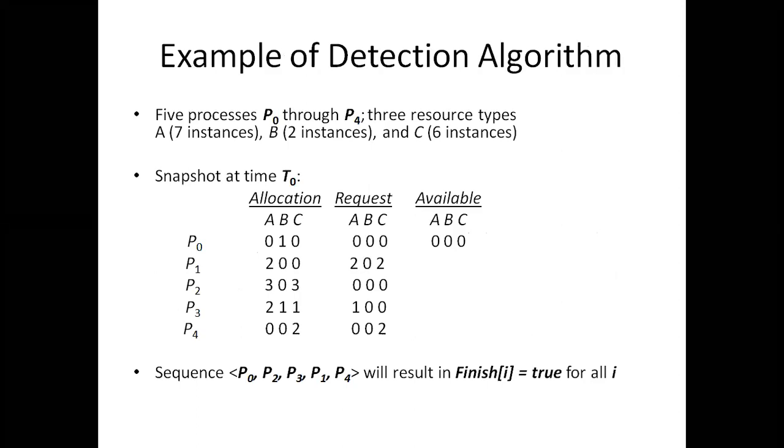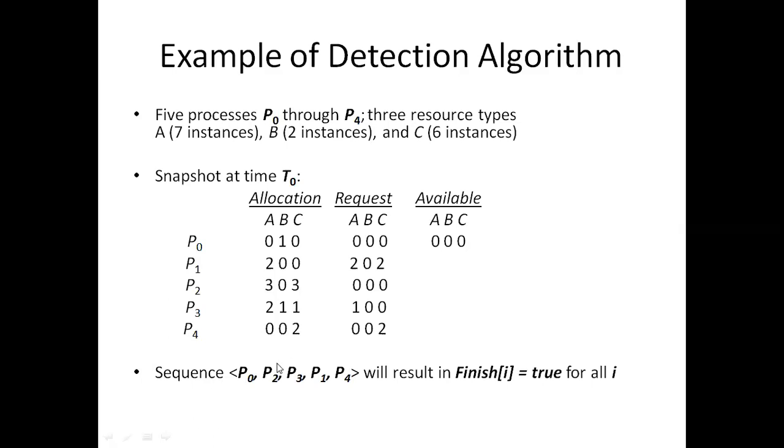Okay. The same problem. Here allocation, request, available. Request means max. So P0, P2, P3, P1, P4. For all the processes, if finish of i equal to true, that means you are able to complete the processes in this particular sequence: P0, P2, P3, P1, P4. If we allocate the resources to the processes in this sequence, first we need to give the resource to P0, and then you are able to give the resource to P2, and then you need to give the resource to P3, and then you need to give the resource to P1. At last, you need to give the resource to P4.